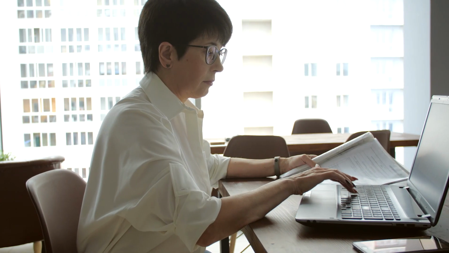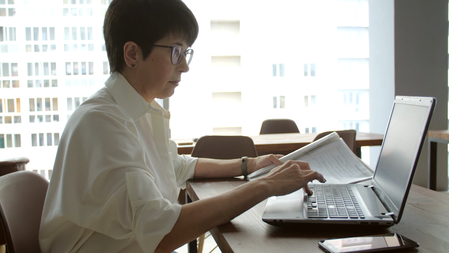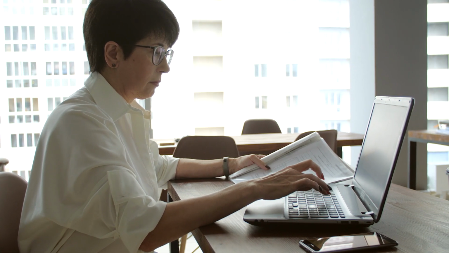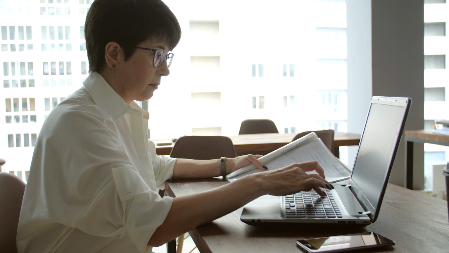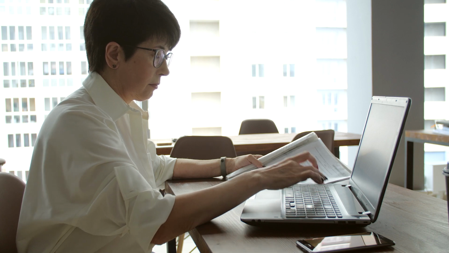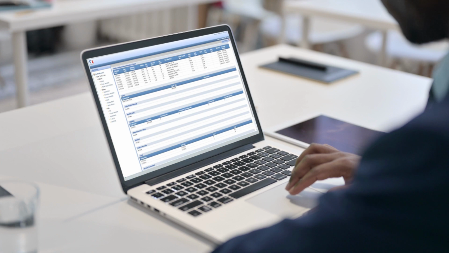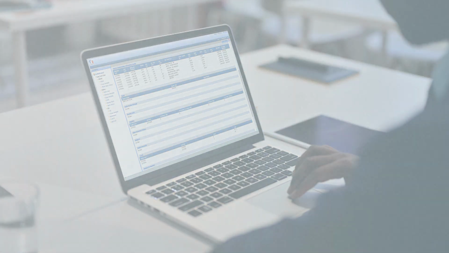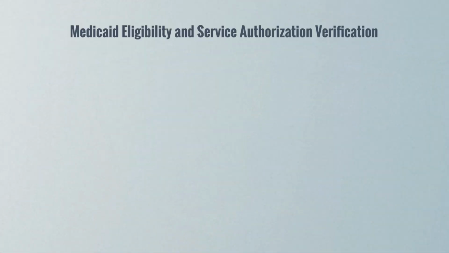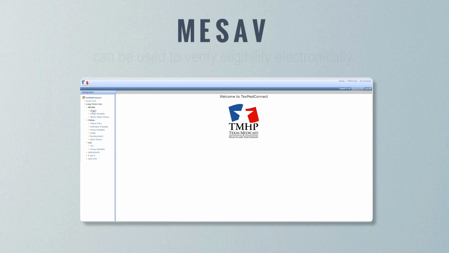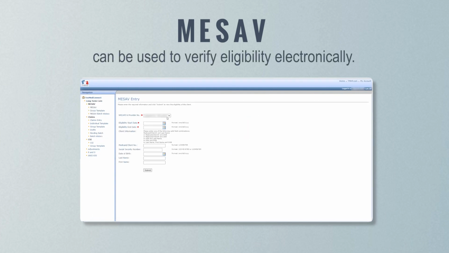To prevent claim denials and rejections, providers and financial management services agencies, or FMSAs, should always check an individual's eligibility for Medicaid services before submitting any claims to Texas Medicaid and Healthcare Partnership, or TMHP. The Medicaid Eligibility and Service Authorization Verification, or MESAV function, located in TexMed Connect, can be used to verify eligibility